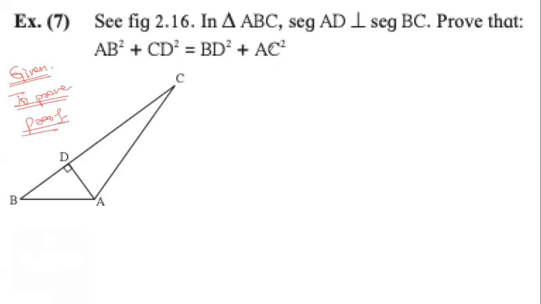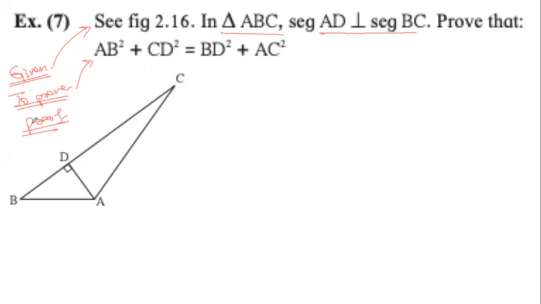For example, here it is given that there is a triangle ABC. See, it is not a right angle triangle. But what we have done here is drawn an altitude from A to BC. It is AD. That is given. We have to prove this. So these two steps we can write even if we don't know what the correct answer is.